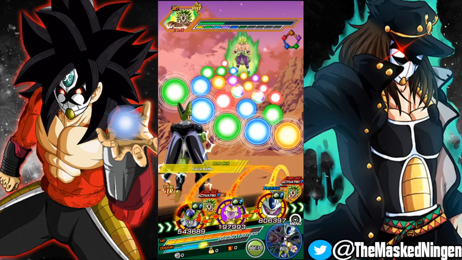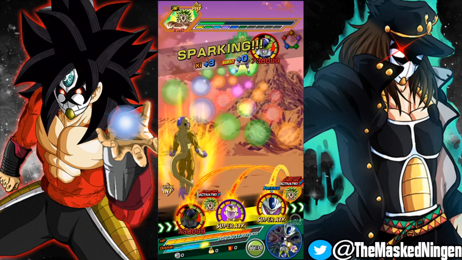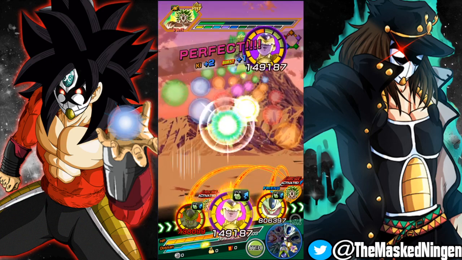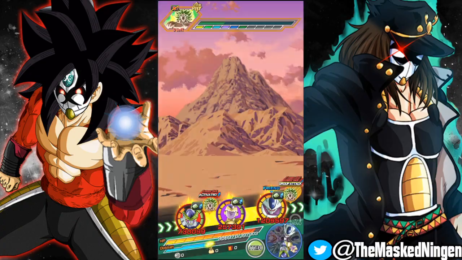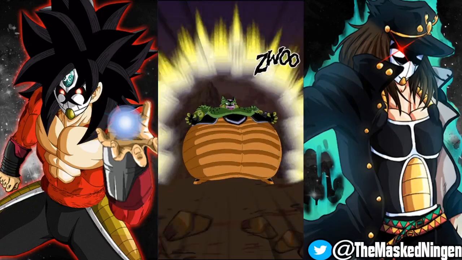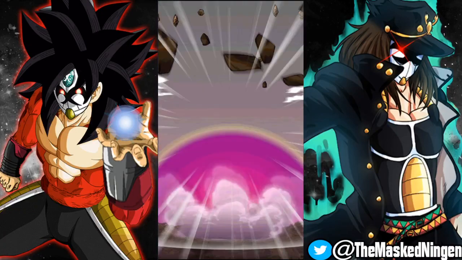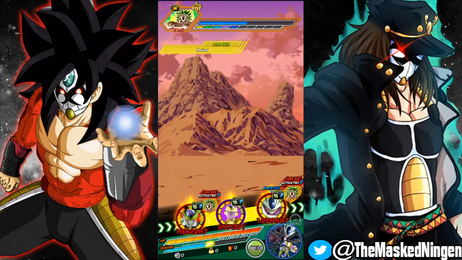Yeah, it works out better for your attack links, doesn't it? So let's get the heal super attack with Cell. That works out very nicely. And then some STR orbs for you. So we are building up the Dokkan gauge actually a lot quicker than I expected. Because obviously Broly and then Blue Gogeta, they have so much health that these last couple of phases are quite long. So...